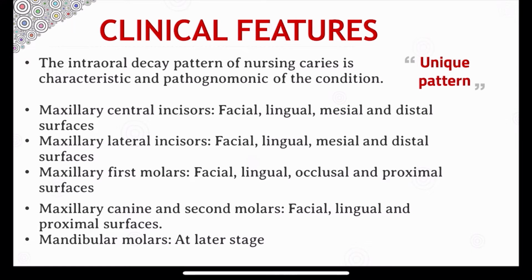First, maxillary central incisors are affected in the order of facial, lingual, mesial, and distal surfaces. Then the maxillary lateral incisor, followed by maxillary first molar, canine, and second molars. Mandibular molars are affected at a later stage. Now, what is unique here is that the caries spreads from upper anteriors to posteriors and then to lower posteriors